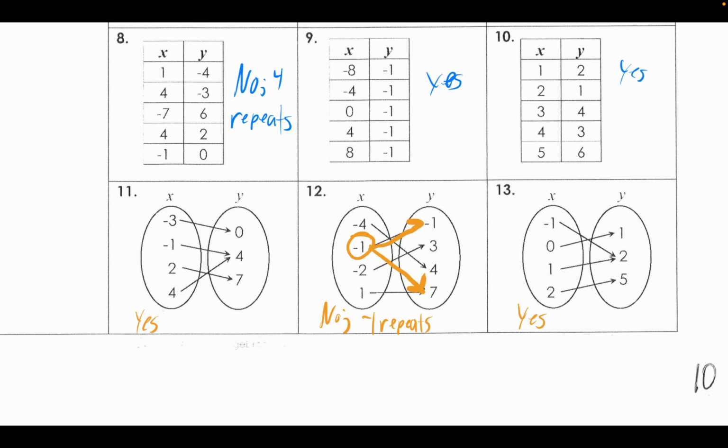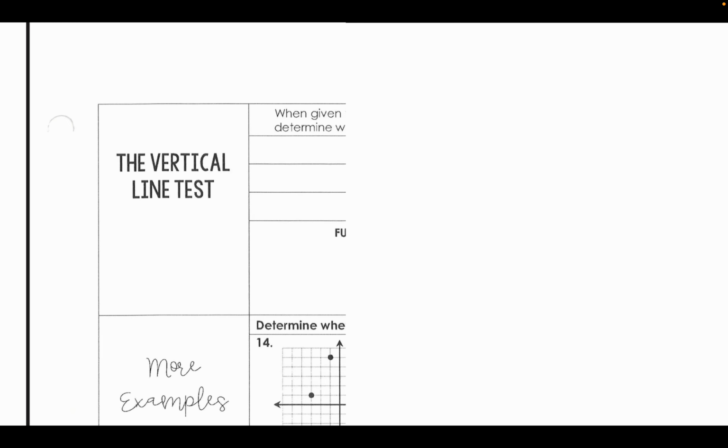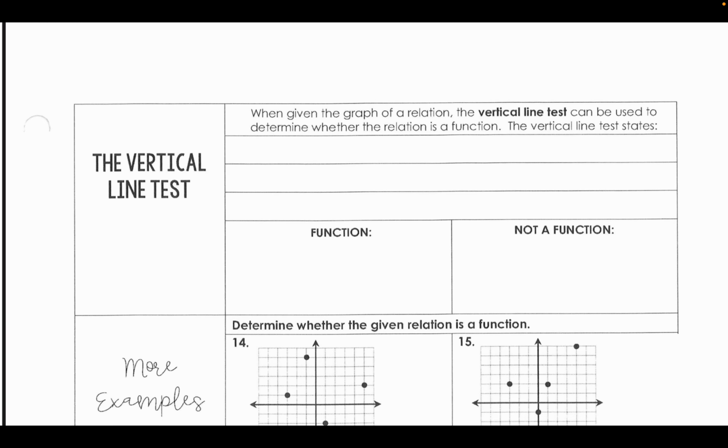Moving on to our last page for these notes. Lots of pages in this section today: the vertical line test. The vertical line test is another way to tell if a relation is a function. This is a way to tell graphically, or from a graph, whether a relation is a function or not. And so the vertical line test states that if a vertical line,